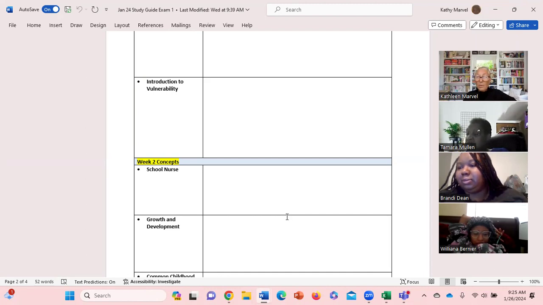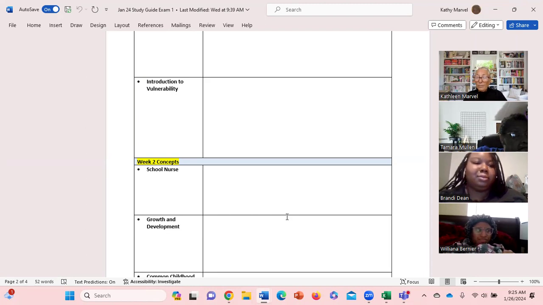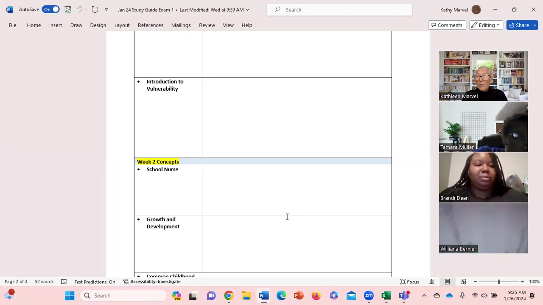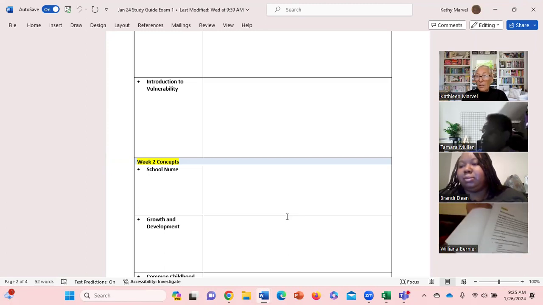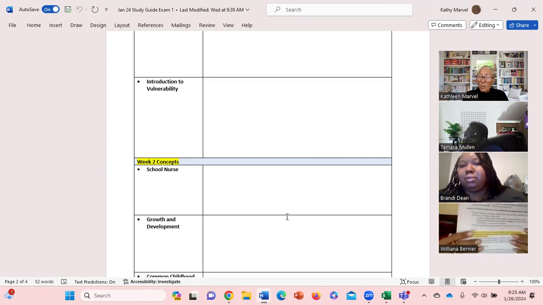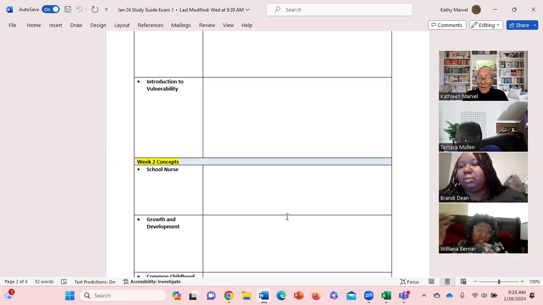Okay, what's the school nurse do? What kind of roles does a school nurse have? She may help a student with their medication. Maybe teach about side effects for medication, or maybe teach a kid with asthma how to use his inhaler. Maybe teach a kid that's newly diagnosed with diabetes how to check their own blood sugar. A lot of education,